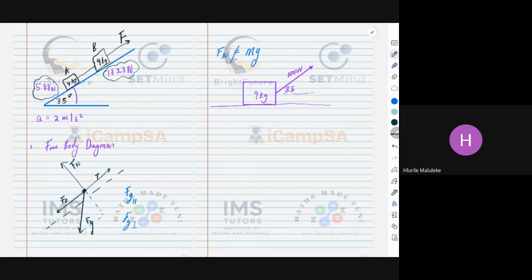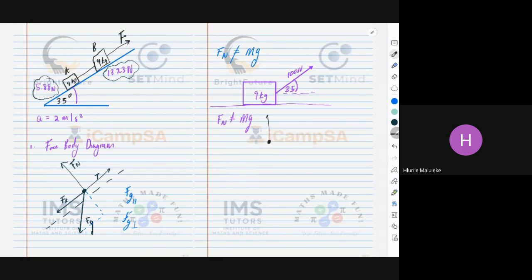Right? So in this case, your normal force is still not equal to mg. The minute you see this angle and an incline, it's no longer equal to mg. Only on a flat surface, where the force is not at an angle, is it going to be equal to mg. So in this case, as said before, you would have, let me put it in the form of a free